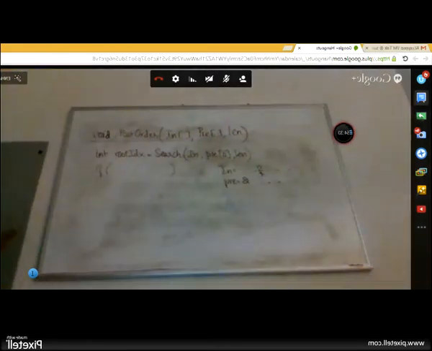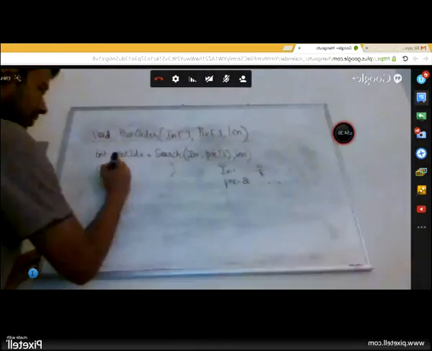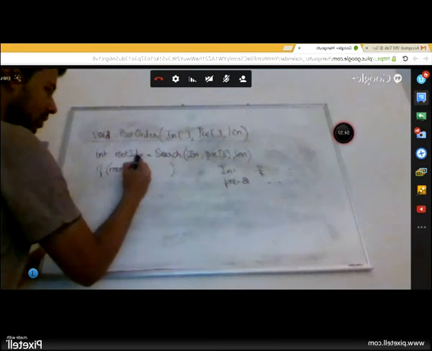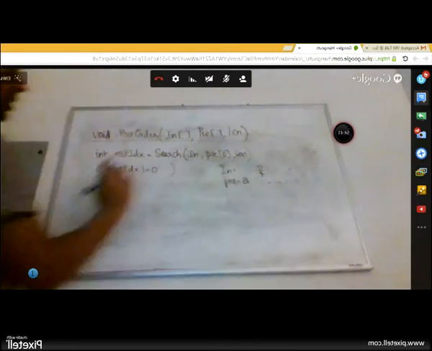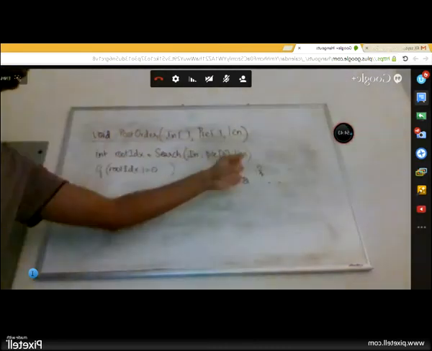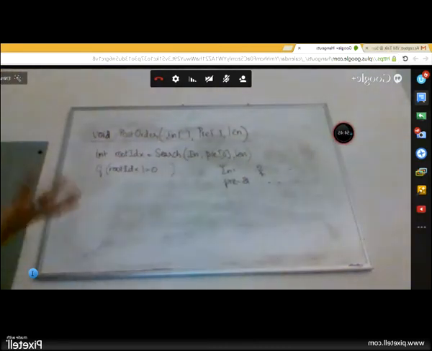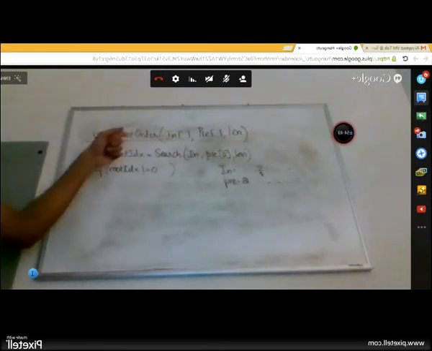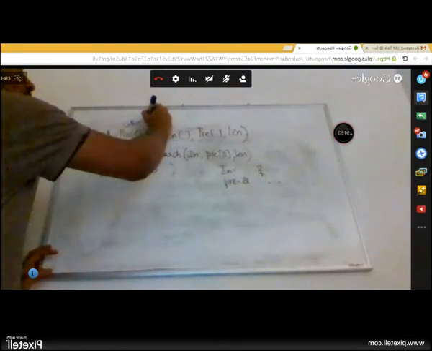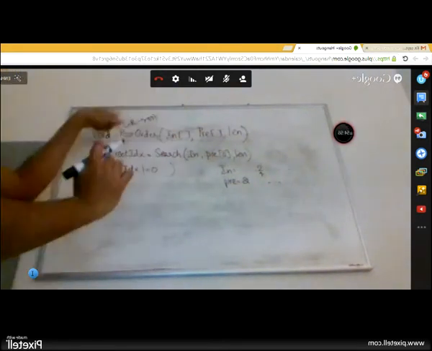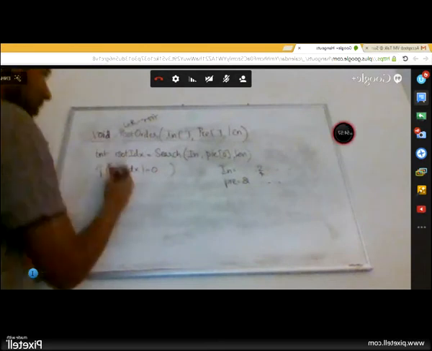And the way I check it is, say if root index is not equal to 0. If this index is not this, it means it's somewhere else other than the first element, which means the left subtree exists, right? If the left subtree exists, what does post order do? Post order is left, right, root. So I need to take care of my left subtree first. So I just recursively call this,